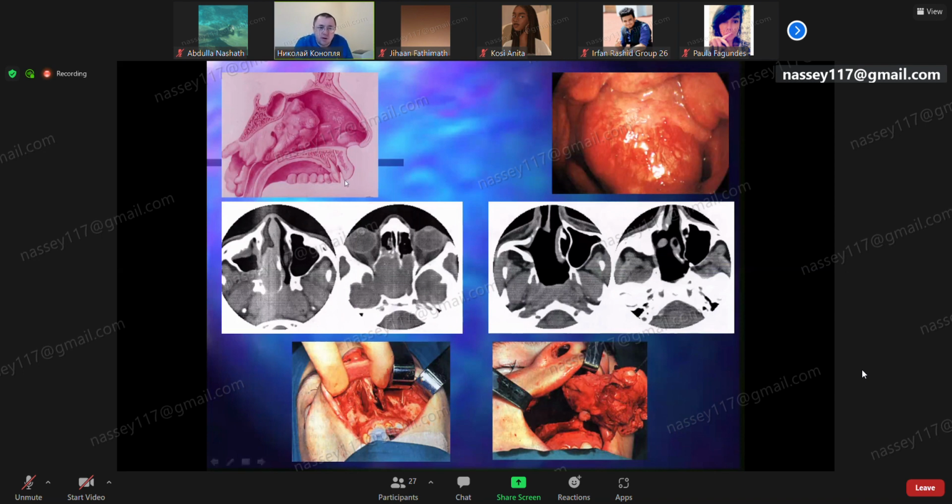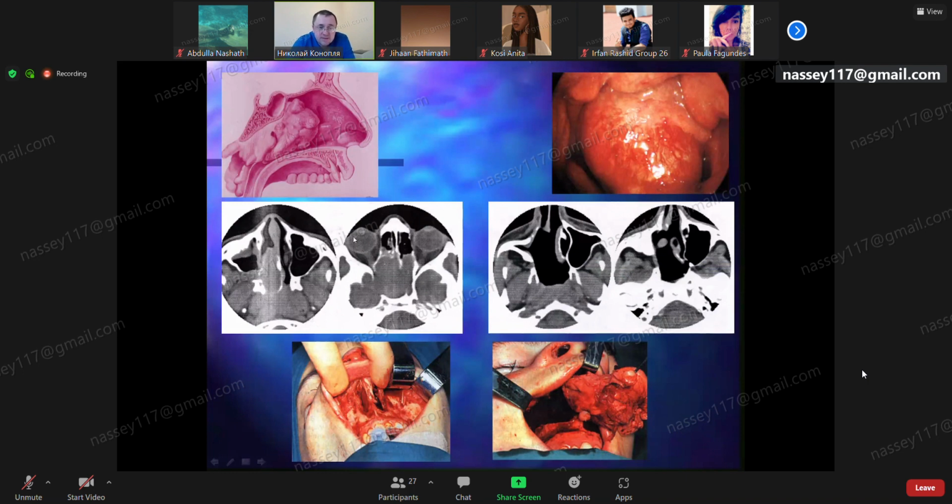For example, look at this picture. This is CT. This is the tumor schematically. The origin is here, in the nasopharynx, but it can spread to the oropharynx, which I didn't mention, and even lead to problems with swallowing, and to the nasal cavity. Here endoscopically we can see this tumor. On CT,